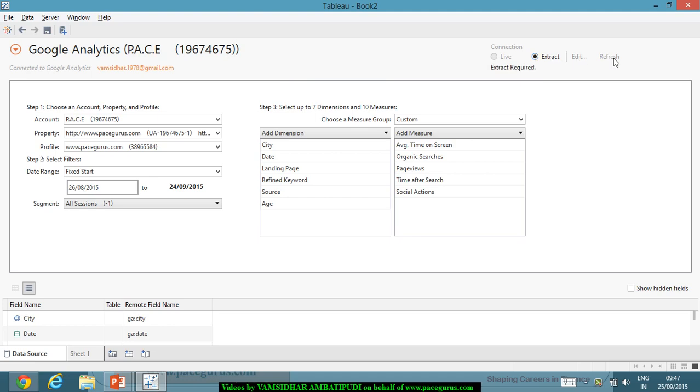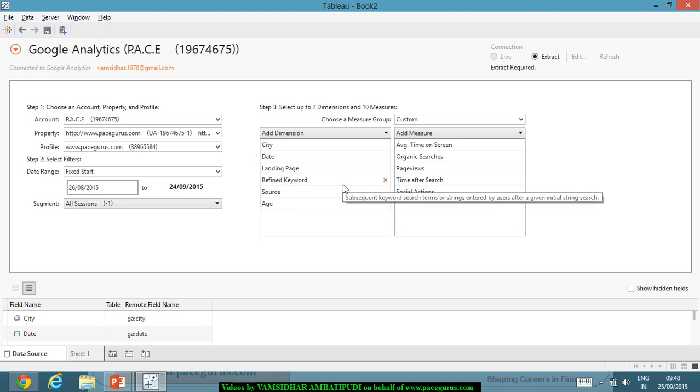But whenever you want, you can very well refresh it. Once extracted, you can refresh it by just clicking on this particular aspect. So any change in the properties or any of these things, it immediately takes care and the data will be reconnected and re-extracted. So that's how we can very well make our connection to Google Analytics and extract the data